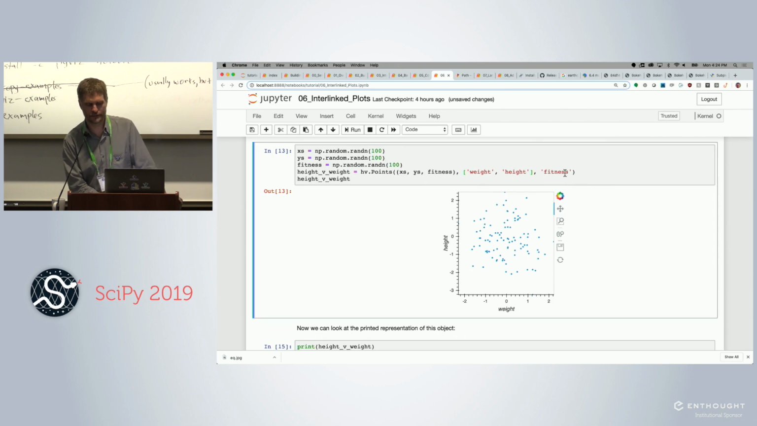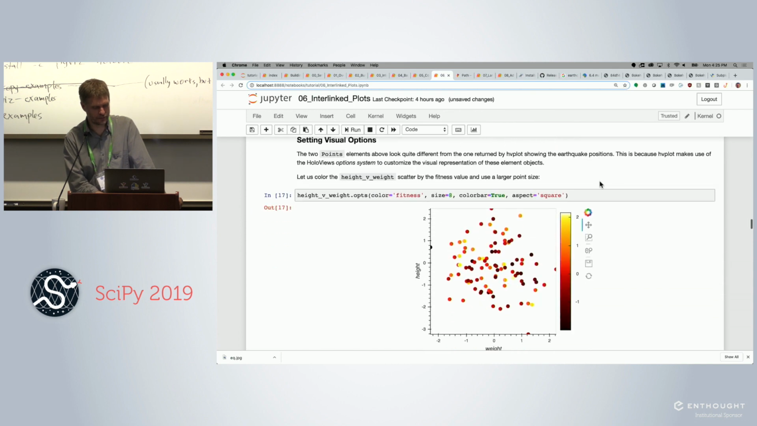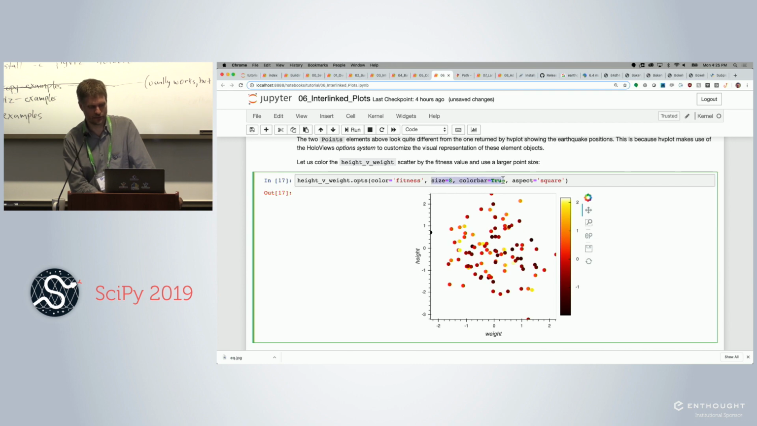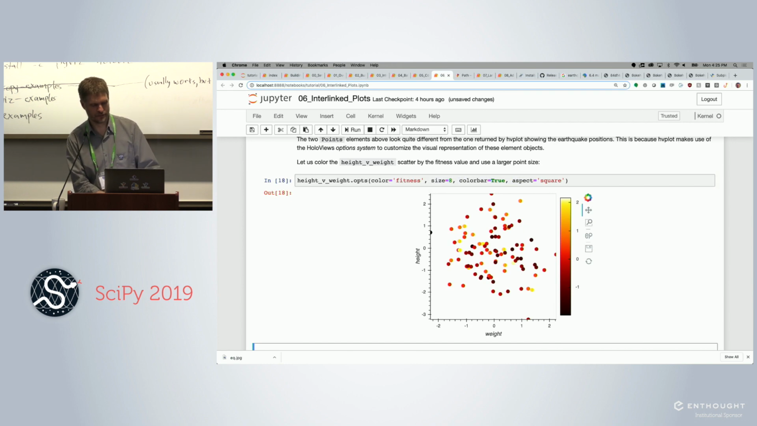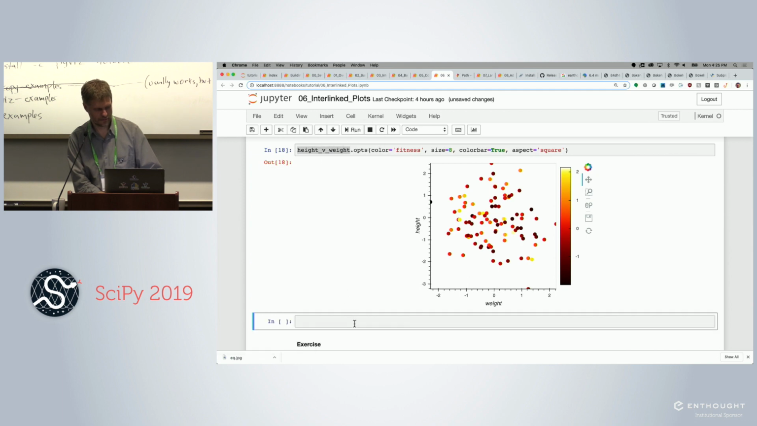Okay, going back to our example, when we first came up with this data, we said that it had a third dimension, fitness, but we didn't tell it to do anything with that value. So there's the height and weight, and then there's just the location of the dot. That is not mapped onto anything visual. It's there, but it's not mapped in any way. So what if we tell it to map it onto the color of the plot? And we can also set some other options. These are all via the HoloViews option mechanism. If we do hvPlot,